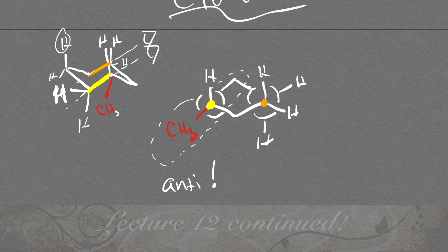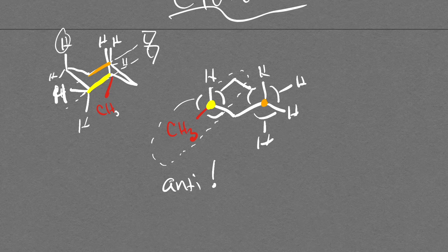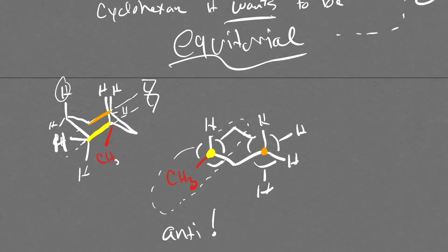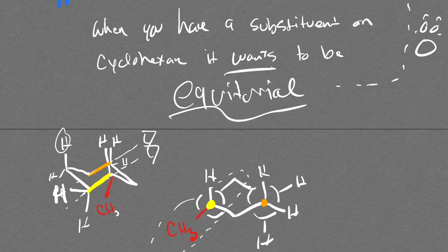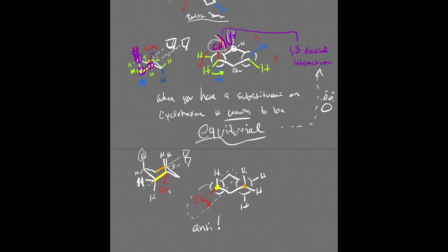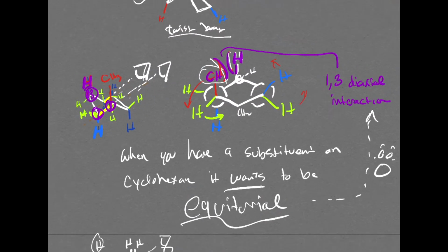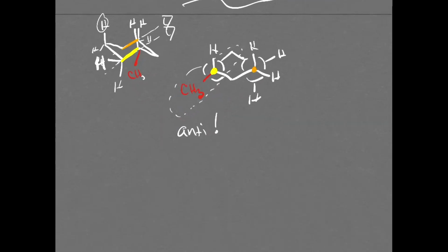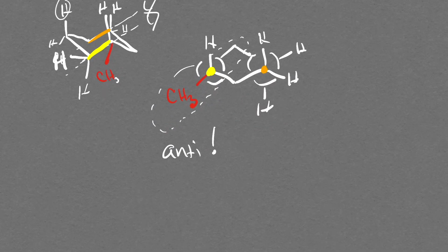Now, as you can imagine, the 1,3 axial strain is related to the size of the actual thing at the axial position, right? So the stability of these two conformations that I've illustrated here, so if I take the consideration of two different configurations, all right, so